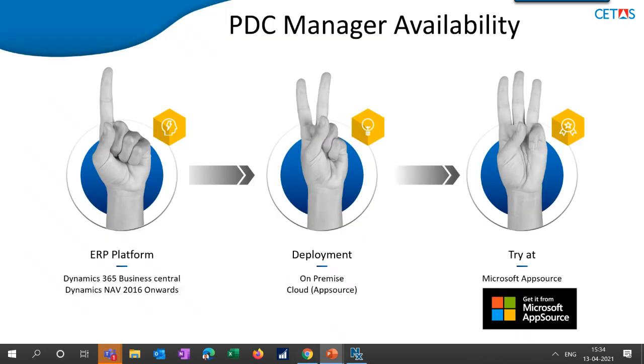It is available in Dynamics 365 Business Central, and as an ISV partner, we port this app as and when Microsoft releases its major releases, one in spring and one in the fall. We immediately port our app to be compliant with the new releases, and then submit it to AppSource. It is available for NAV versions as well from 2016 onwards. You can deploy this app both on-prem as well as on the cloud. We also have a trial mechanism; you can try our app on the Microsoft app stores. Next.